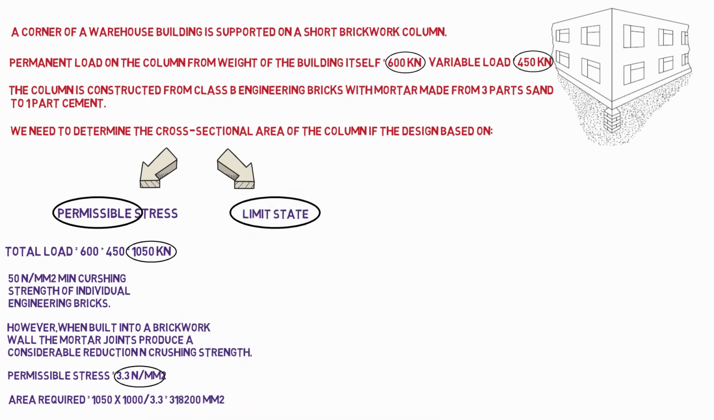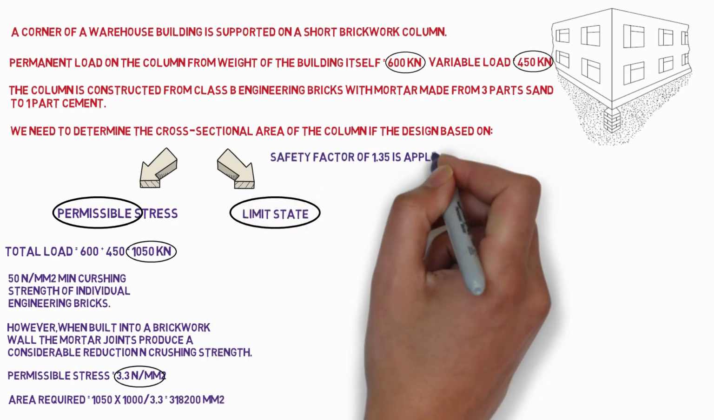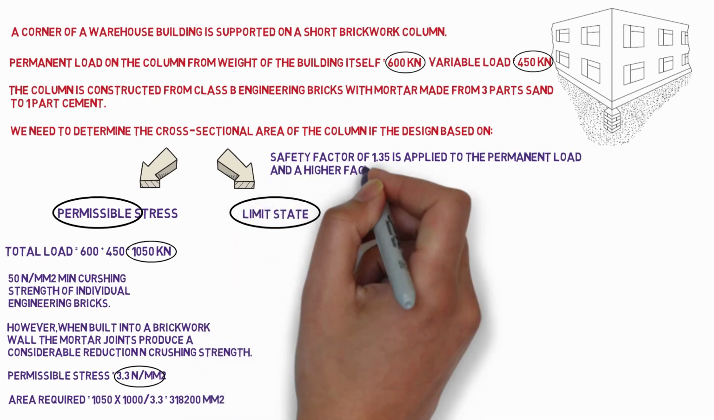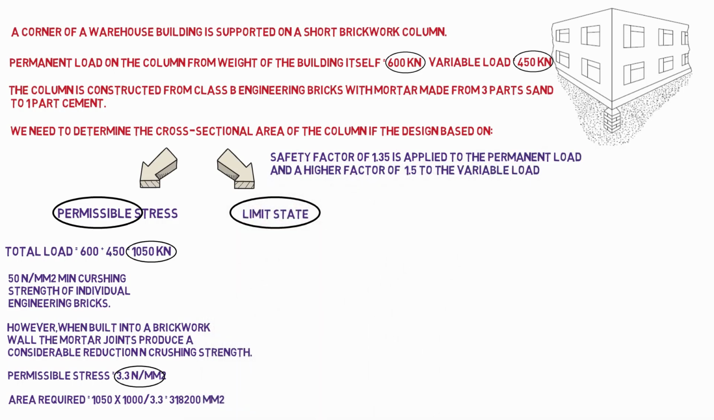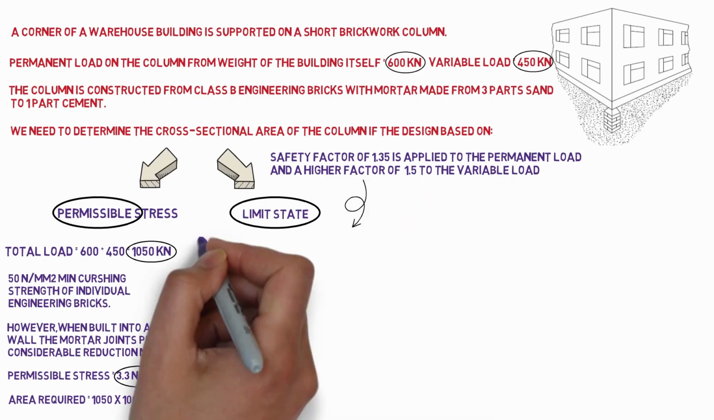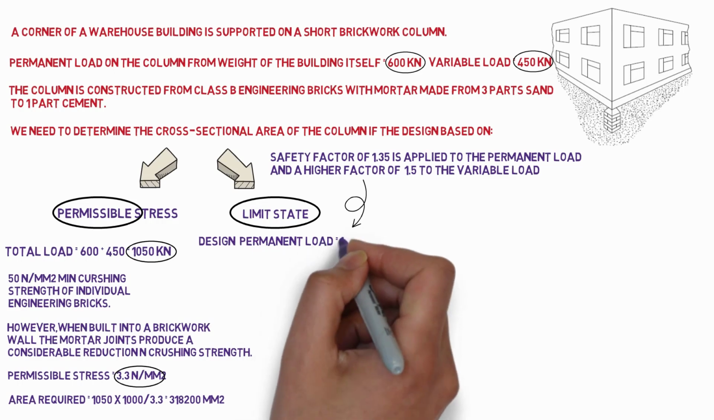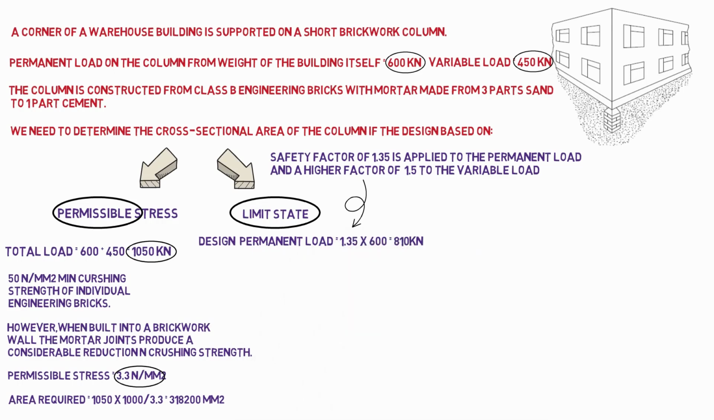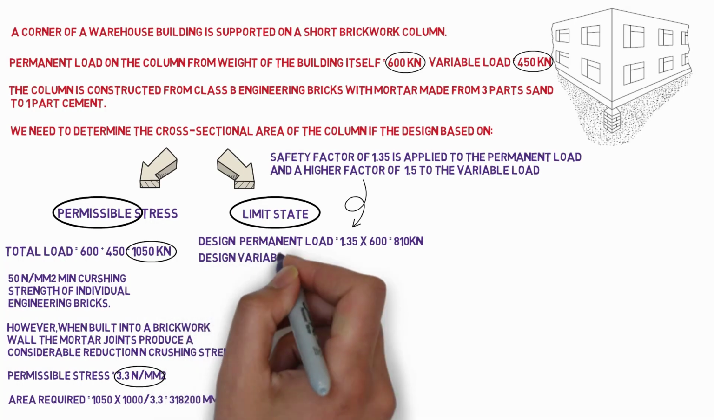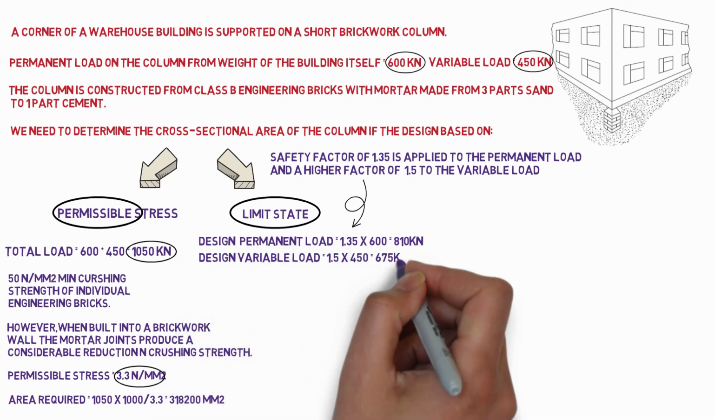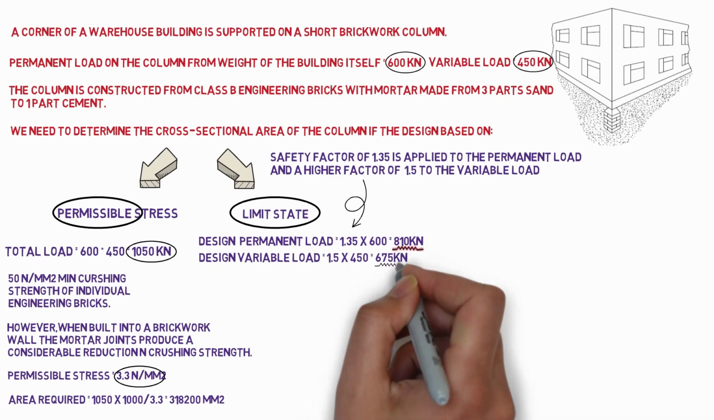Limit state method. The first stage is to apply load factors to the permanent and variable loads. Limit state design recognizes the fact that it is easier to predict the permanent load from the weight of the structure than the variable load from the building contents. Therefore, a safety factor of 1.35 is applied to the permanent load and a higher factor of 1.5 to the variable load. The factored load is called the design load. Therefore, design permanent load equals 1.35 times 600 equals 810 kilonewtons and design variable load equals 1.5 times 450 equals 675 kilonewtons. So the total design load equals